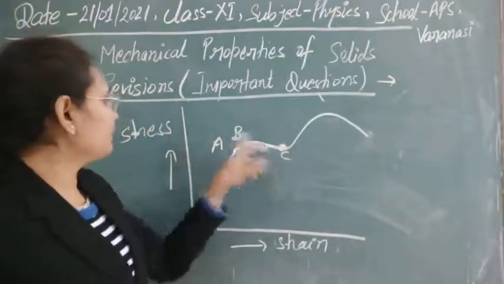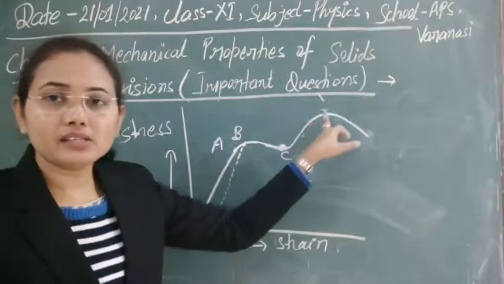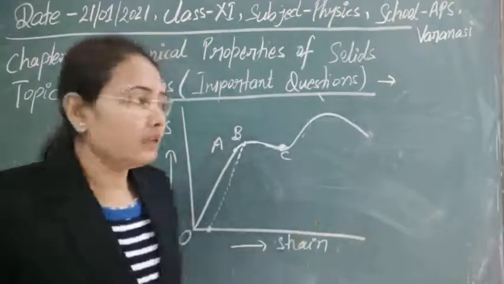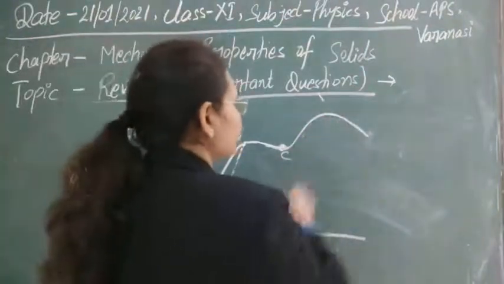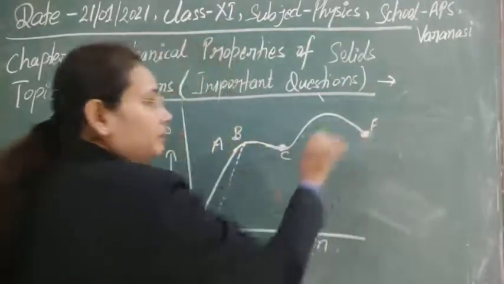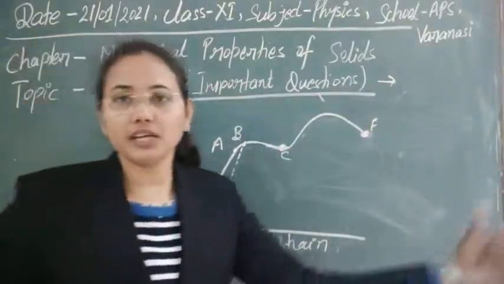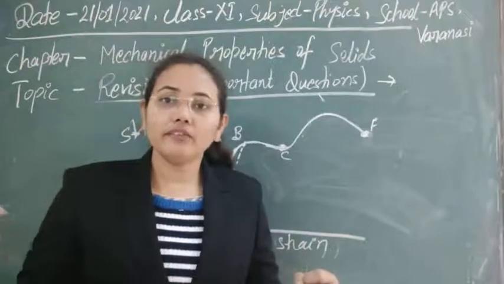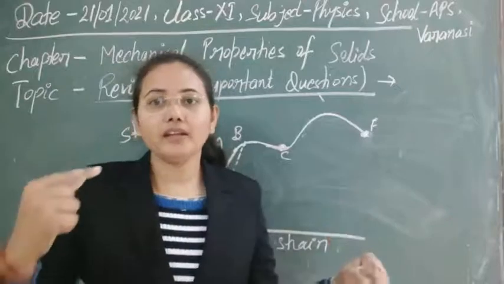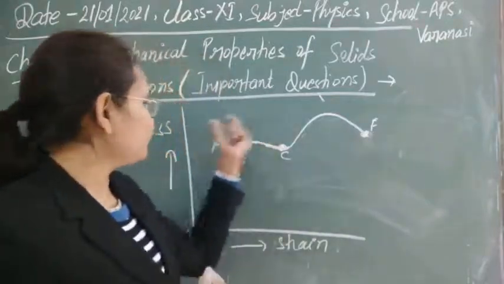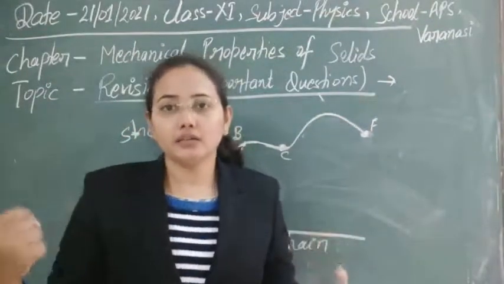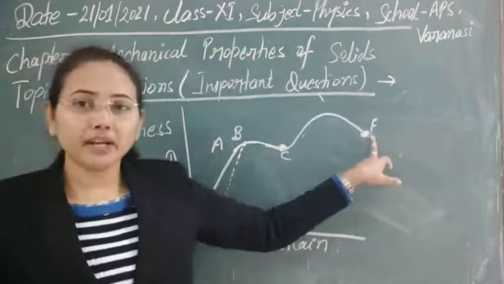After that, if we start to increase the stress again, its strain increases again. It means the body is getting strained, and if we continually increase it, then ultimately a point will occur when the body will break down. If we are talking about the wire, then as we continually apply stress on it, we see that its length keeps extending, and at a certain value of stress the wire will break down. That point is known as the breaking point.